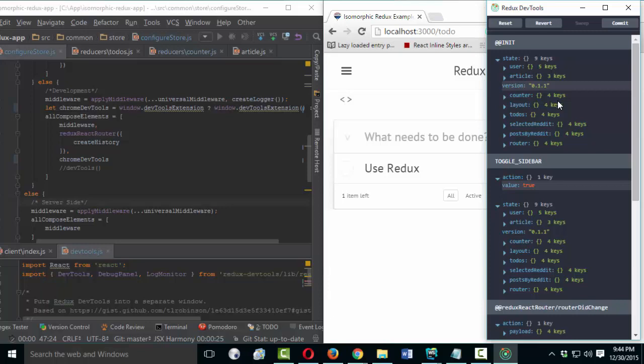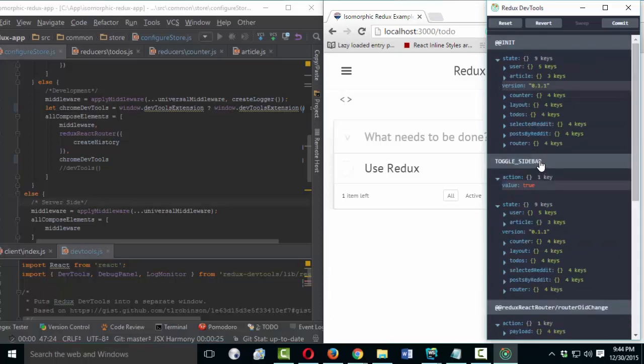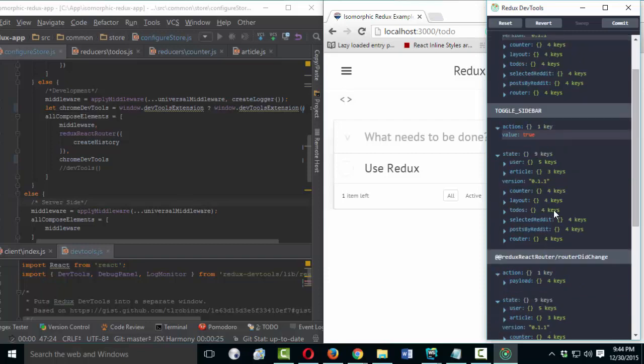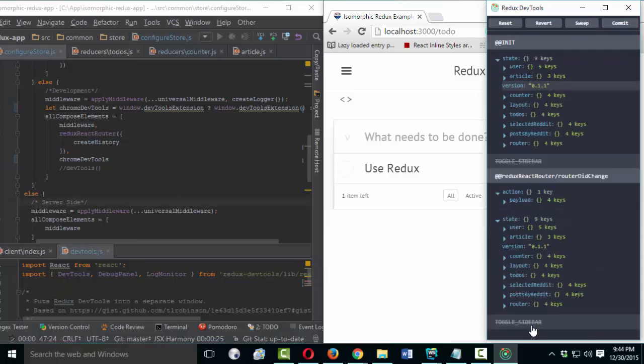I had 3 clicks, 3 actions. On each action, the state tree is saved for me as a copy. I can find the toggle sidebar action and cross it out. And my page, my browser, is not reloaded.